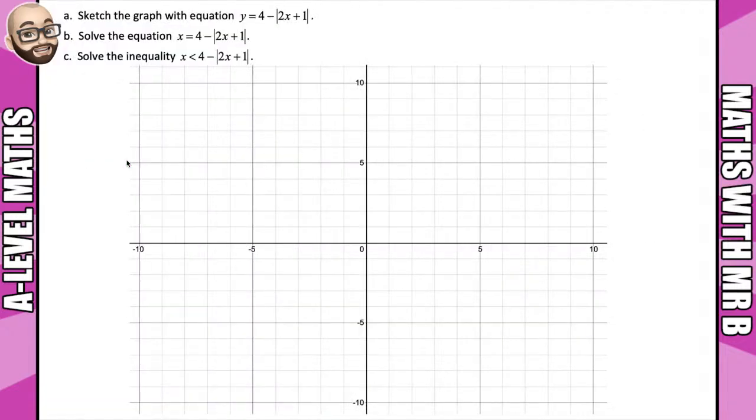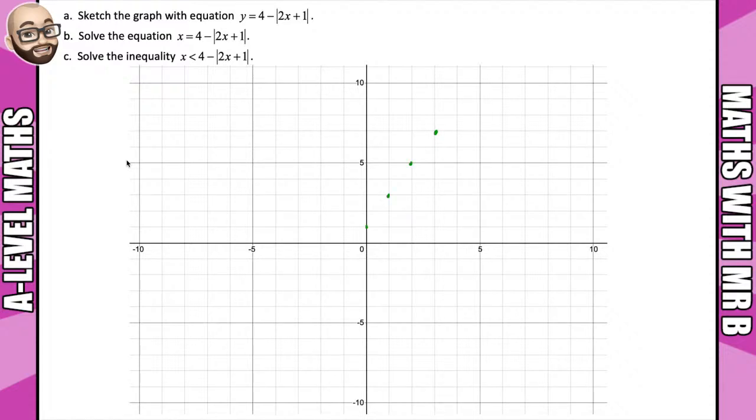Now, the final one is also going to test you on how good you were with actually drawing the graphs. The graph that we need to try and draw is one of these kind of compound graphs that you need to kind of build up slowly. We need to try and draw the 4 minus 2 modulus of 2x plus 1 graph. So if you remember how we did that in the previous video,